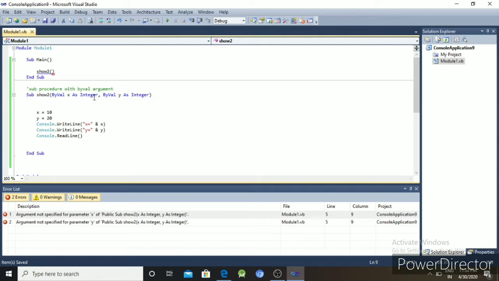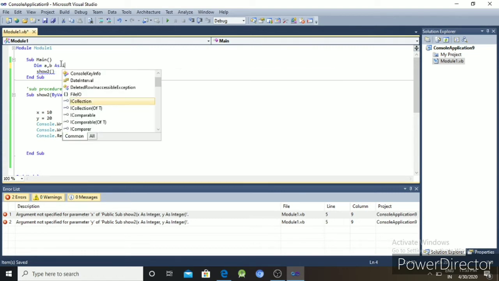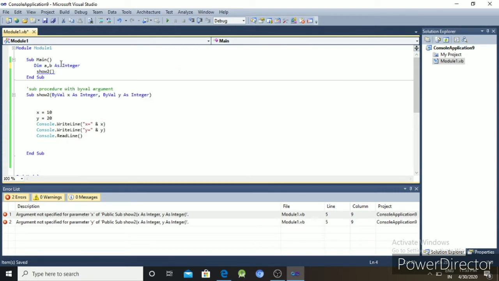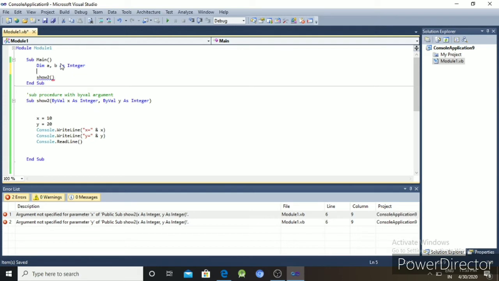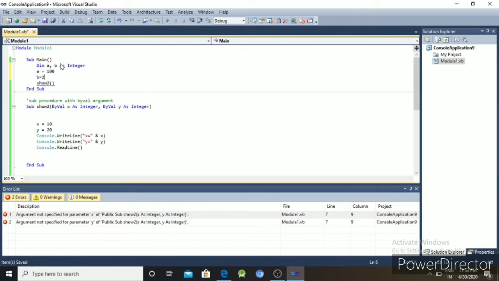Suppose here we write Dim a, b As Integer, then a = 100 and b = 200.